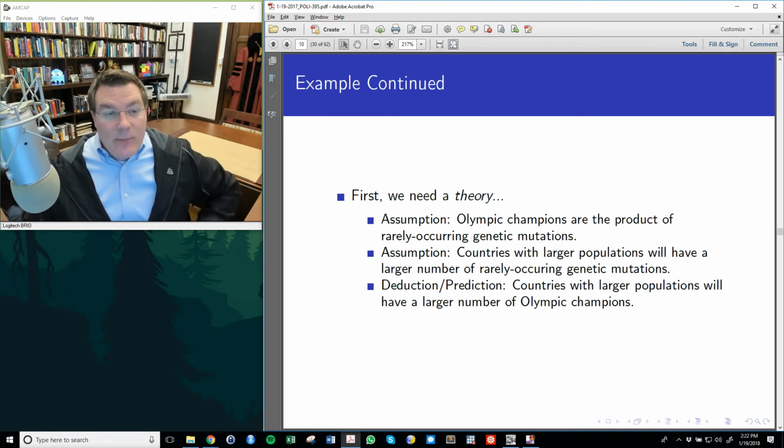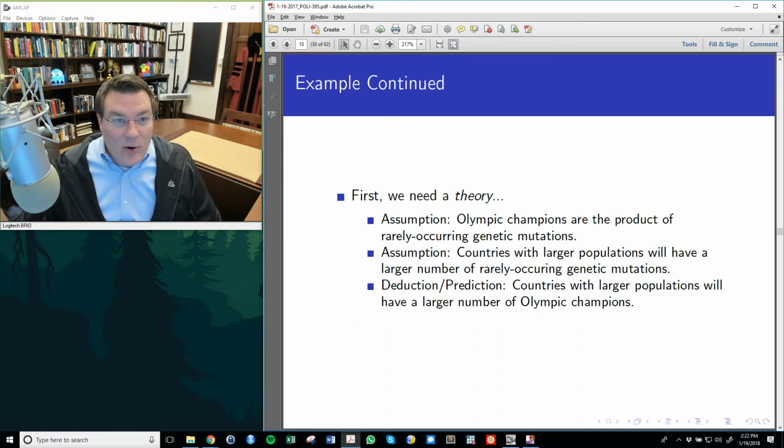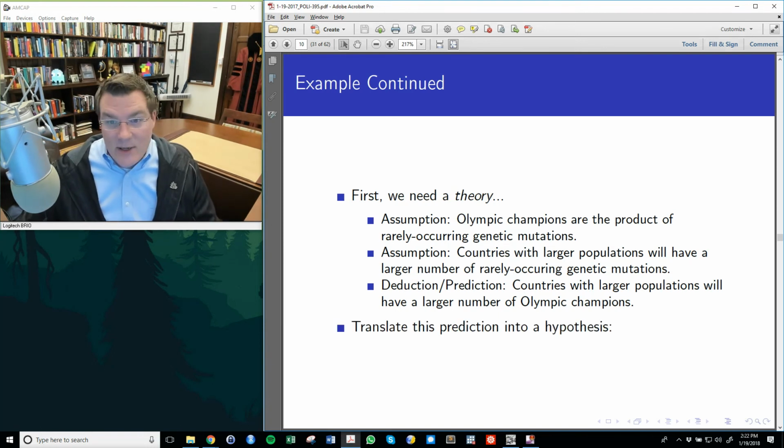If, for example, a country didn't have a very good Olympic training program, the fact that they had more people might not matter. And a country might be able to win a few more medals even with a relatively small population by intensively investing and developing in every single person they have that has potential. So it's not going to be the sole influence, but it's going to be an important influence, and we should be able to see this in data if we check. So that's what I'm going to do.